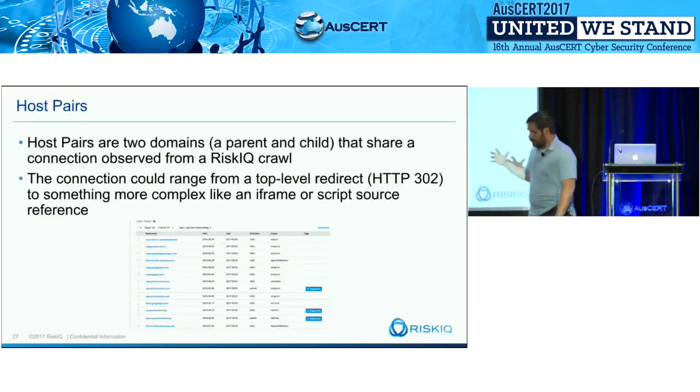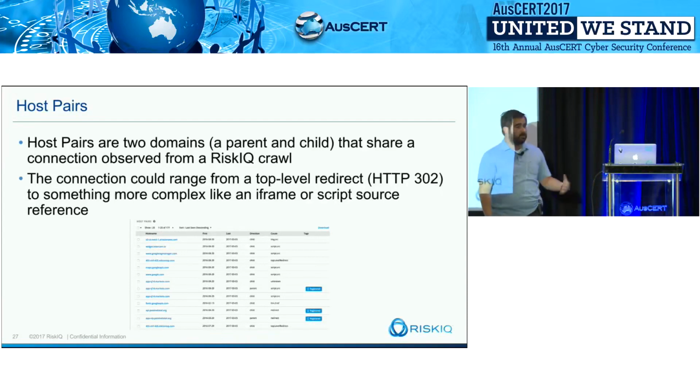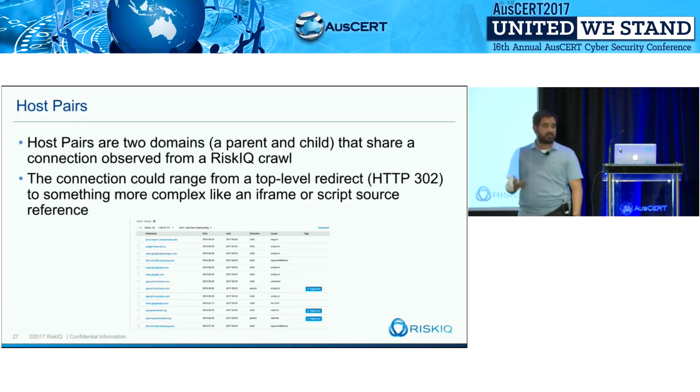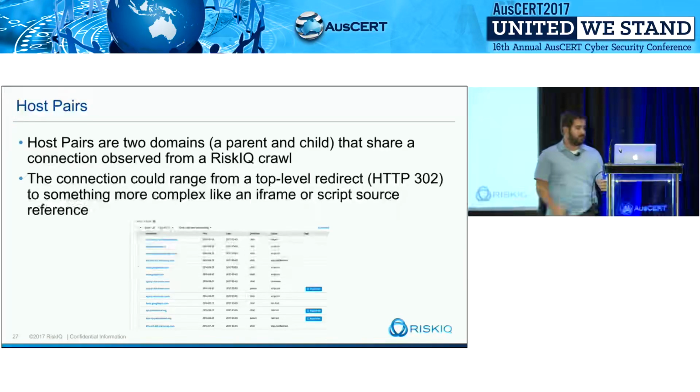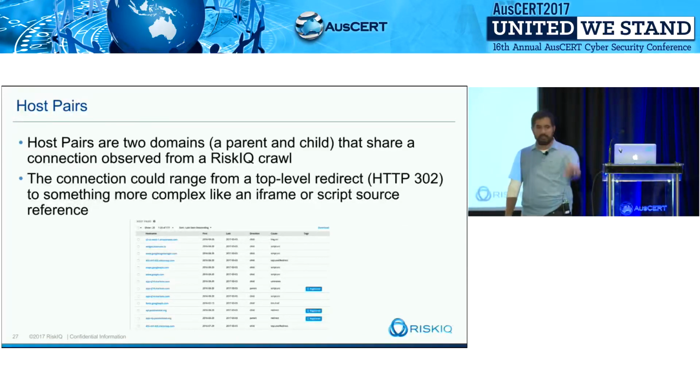Host pairs. As we look at links and dependent requests that come into a web page, those are unique relationships, parent-child relationships that give us information about how a web page operates, but also gives us information about maybe how an attack campaign occurred. So what we do with host pairs is we understand the relationship between a web page. You go to a page, it has links in it. Those links associate to other web pages. That page you visited is the parent. Those links, pages are the children.